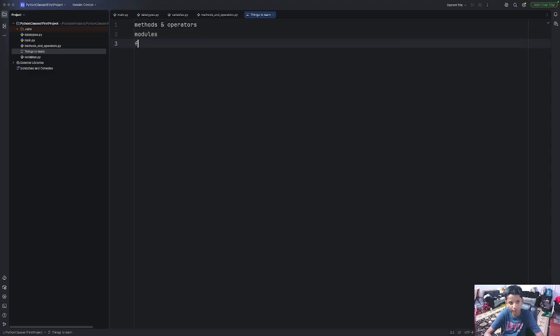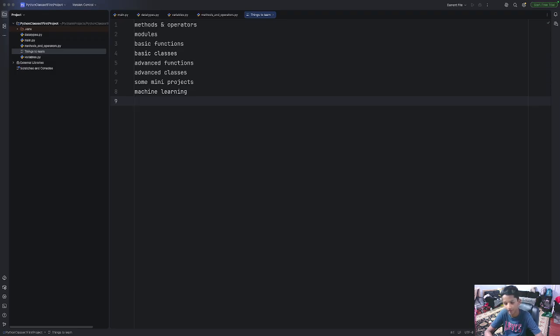Modules के बाद अपने को basic functions रहते, फिर basic classes रहते, फिर advanced functions रहते, फिर advanced classes रहते, फिर उसके बाद after advanced classes we will move on to some mini projects, and after the mini projects अपने को started machine learning,